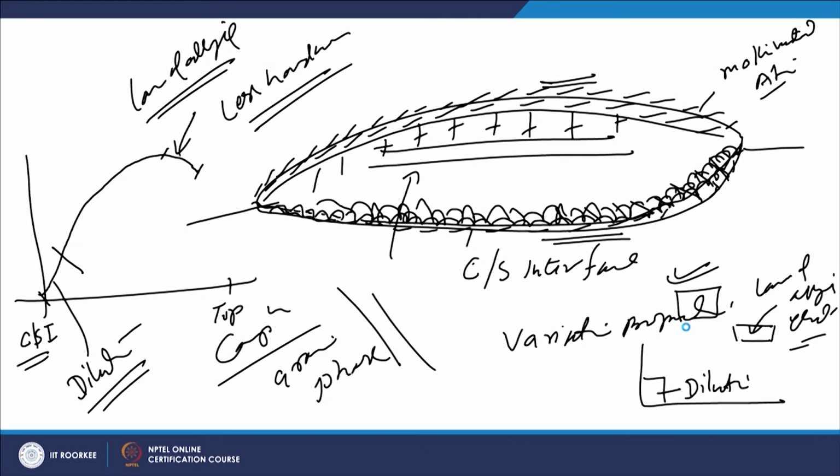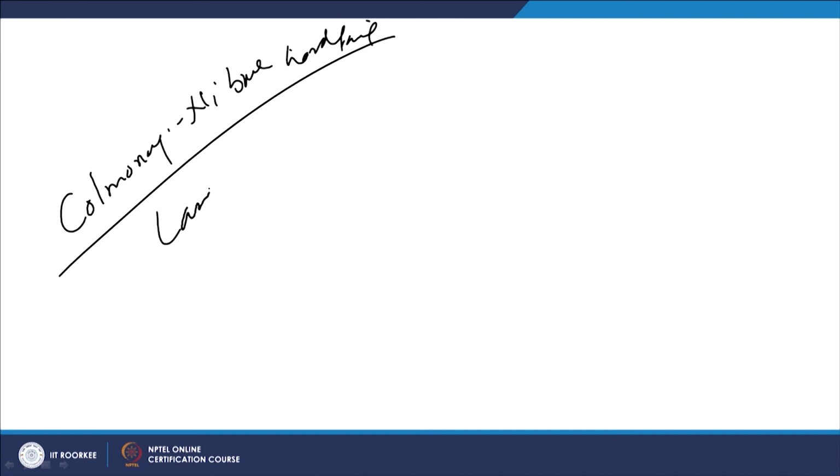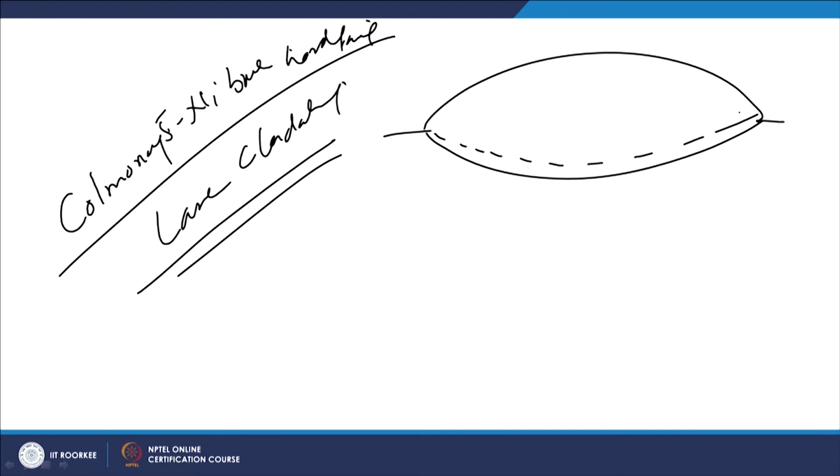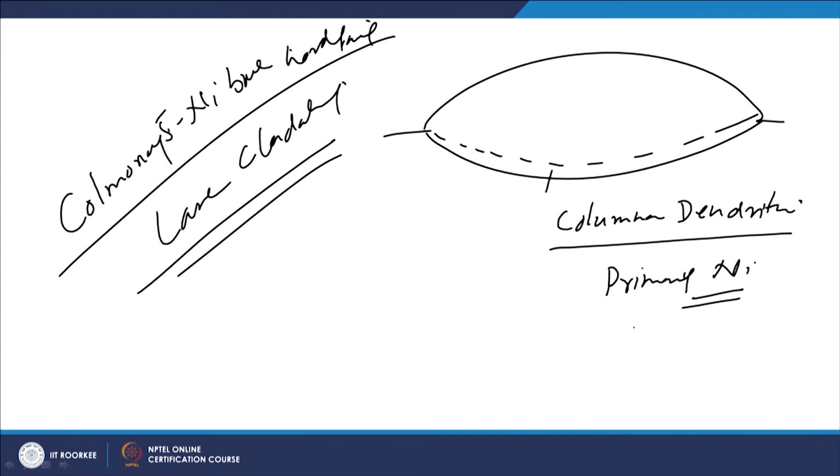And a typical material, like Colmonoy, which is basically a nickel base hard facing material. The cladding of this is deposited using the laser cladding, and this is just for an example, whenever Colmonoy 5 coatings or claddings are applied using the laser, it results at the coating substrate interface in the columnar dendritic structure, which is primarily made of nickel, and between the dendritic arms we have the eutectic carbide mixture,